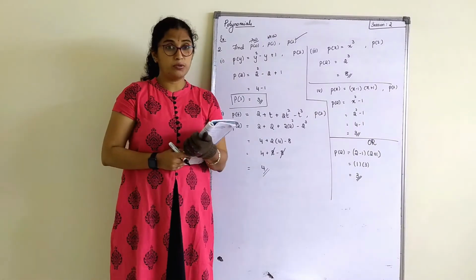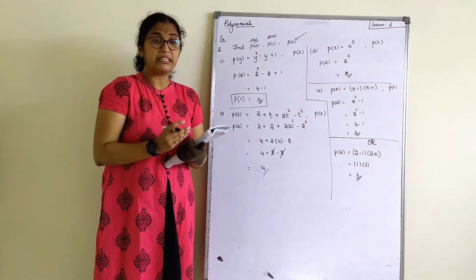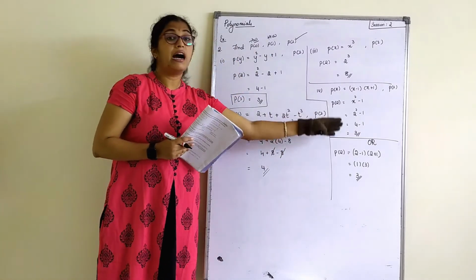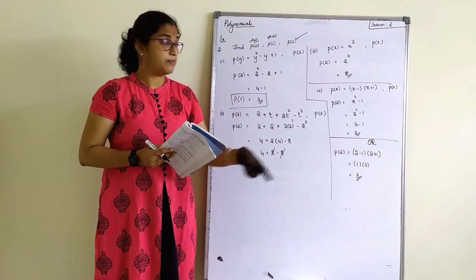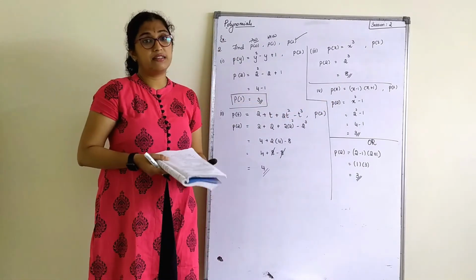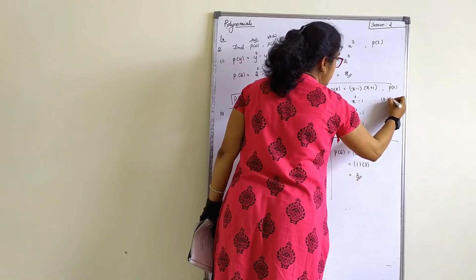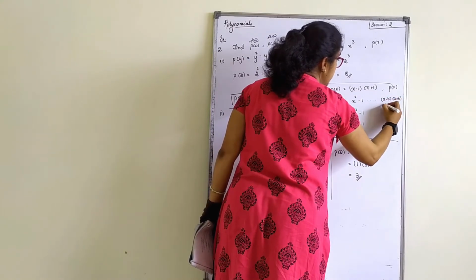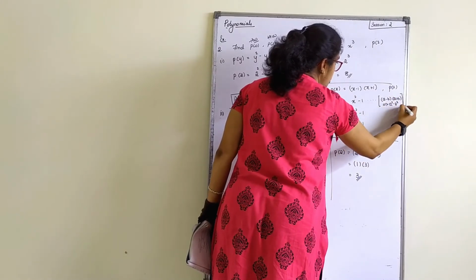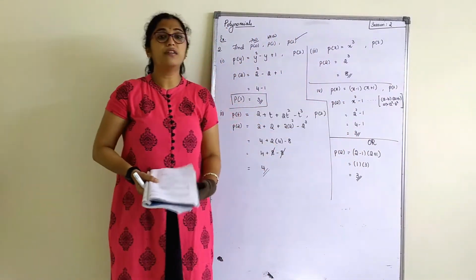So in mathematics, when you do something, you can apply different methods. We do a particular method, but in case you apply any other method, you have to follow all the steps. The answer should be the same and it will be the same. That is what we have got here. It's up to you whether you want to write this as a formula. I will write here in brackets if you want. So this is of the form a minus b times a plus b, that is nothing but a square minus b square. Because you should know how I got this x minus 1. It's up to you. Either you follow this or follow this.